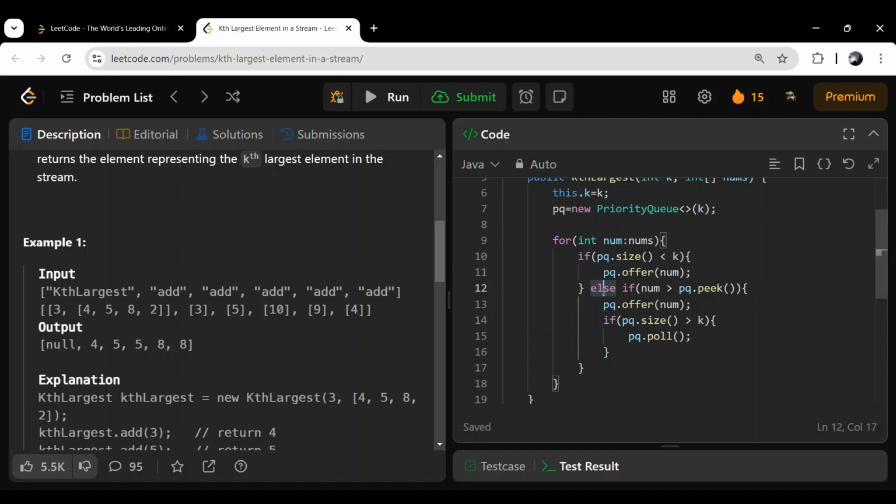Then else if, is 2 greater than pq.peek? Peek means we will get 4, because we are implementing a min heap. So is 2 greater than 4? No, so we will not include this 2. So now our array is this. Let's say here instead of 2 we have 10. In that case, 10 is greater than 4, yes. So we will insert that 10 in our priority queue,